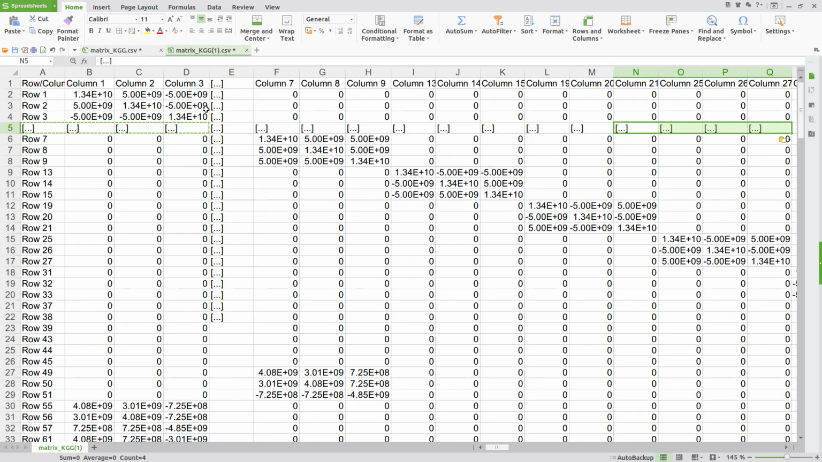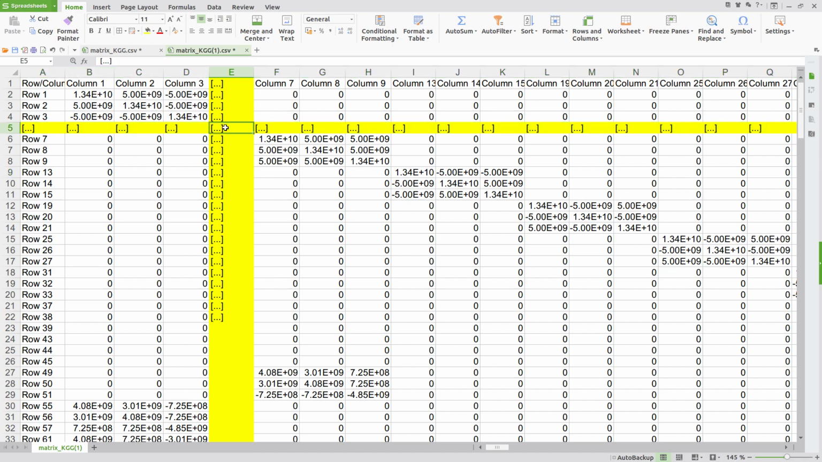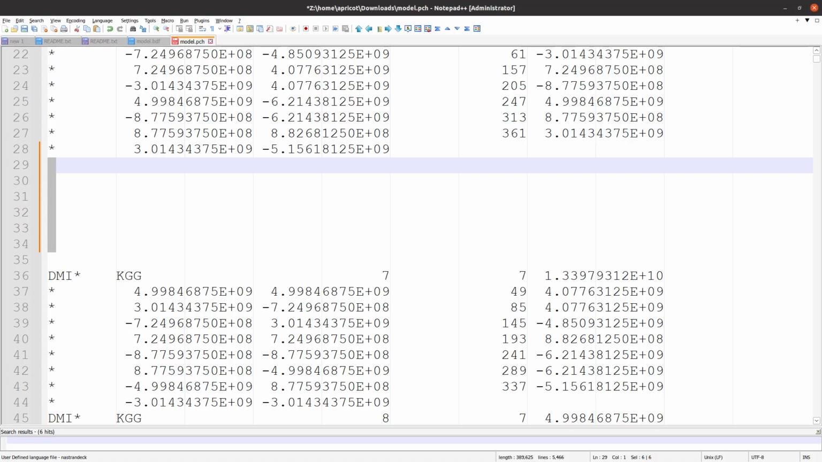This is the CSV file for format B. Columns 4, 5, and 6 are absent. And since this is symmetric, rows 4, 5, and 6 are also left out. And I'm using these brackets with the 3 dots to represent that they have been left out from the DMI entry. Okay, now